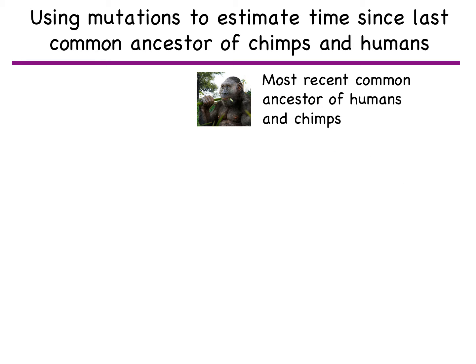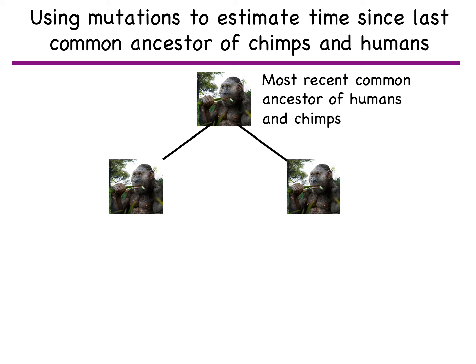We'll use mutations now to estimate the time since the last common ancestor of chimps and humans. So let's say we have this individual pictured here. We'll call this the most recent common ancestor of humans and chimps. And let's imagine the very first point where humans and chimps started to diverge from our last common ancestor. Let's say this is the very first generation, right after the two different species started to diverge from one another. What's going to happen here is after even just one generation,